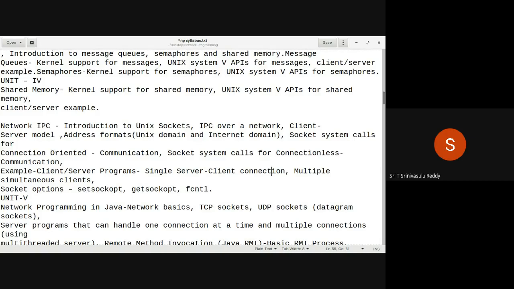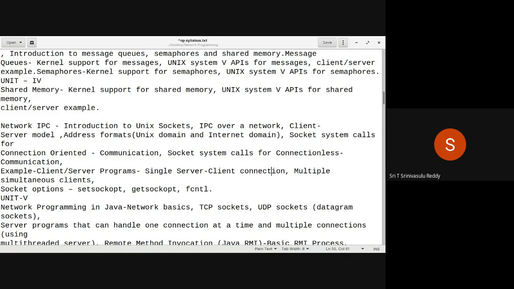So for that, we have to go for something called concurrent servers. We have iterative servers and concurrent servers. An iterative server gets a request from the client, does the service, and comes back again, doing that in sequence.